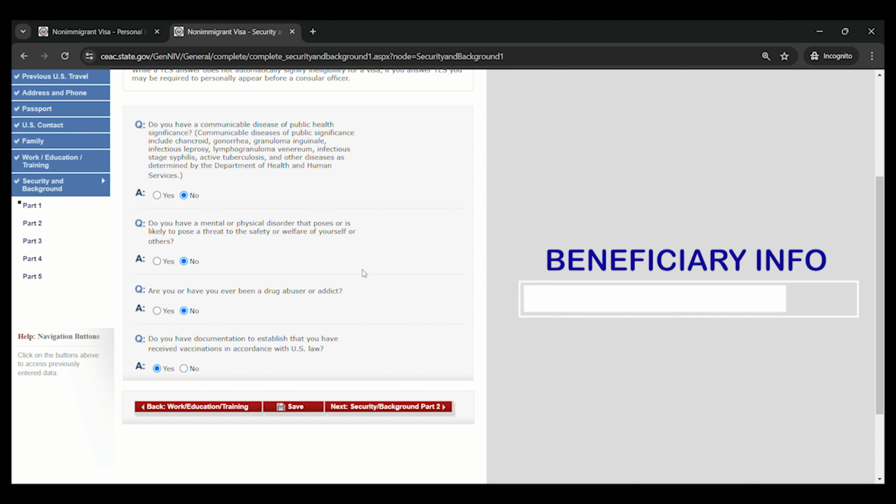So, for the first question, do you have a communicable disease of public health significance? My answer is no. Do you have a mental or physical disorder that poses or is likely to pose a threat to the safety or welfare of yourself and others? Answer is no. Are you or have you been a drug user or addict? No. Do you have documentation to establish? This last part of the question, guys, is do you have documentation to establish that you have received vaccinations